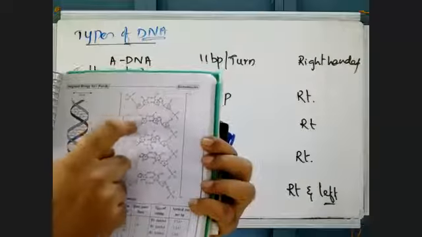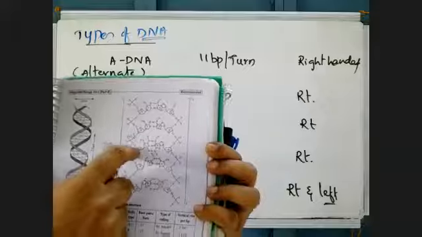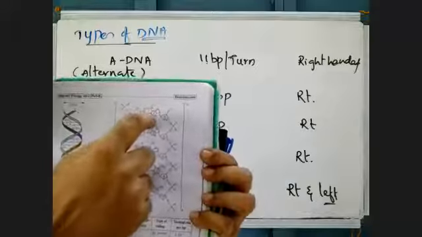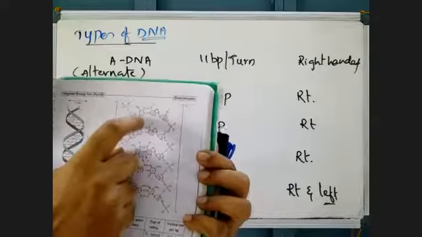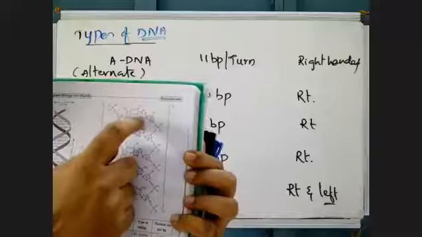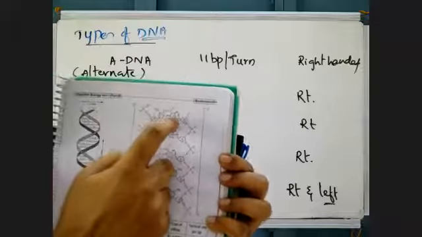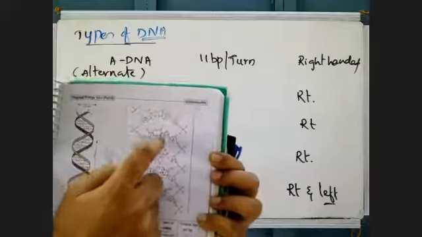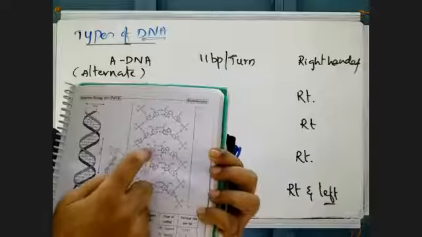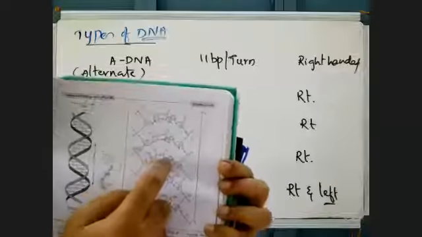Sugar phosphate backbone is forming. In the middle there is presence of nitrogen base. Those nitrogen bases are forming base pairs. Thymine adenine double bond. Guanine cytosine, cytosine guanine, triple bond is formed here. Three hydrogen bonds are formed. Like that, phosphate, this is the structure of a DNA molecule.